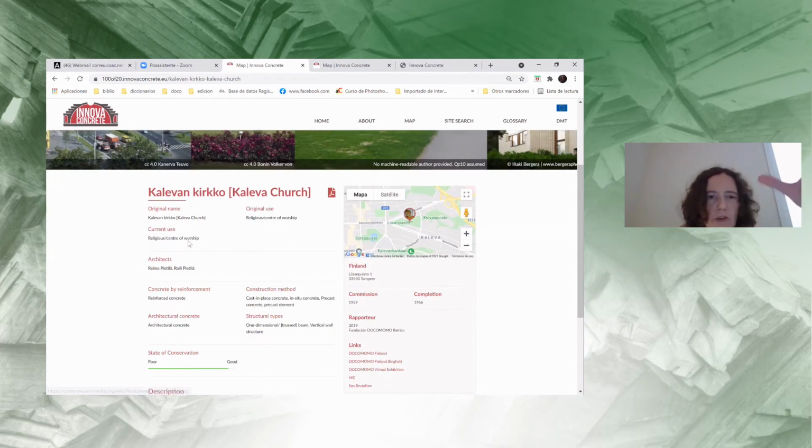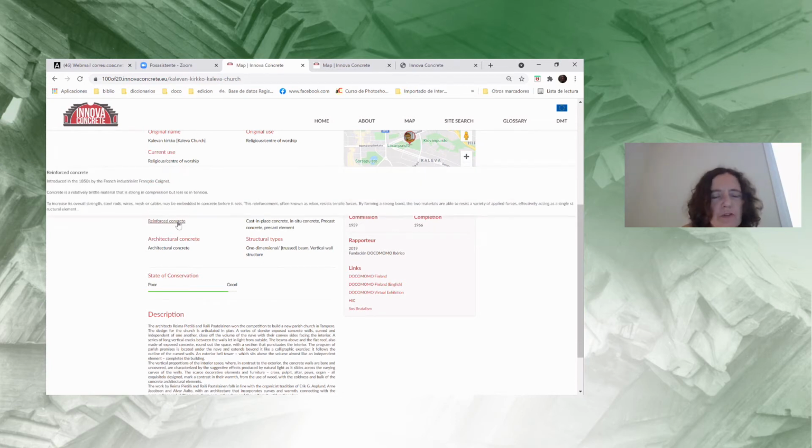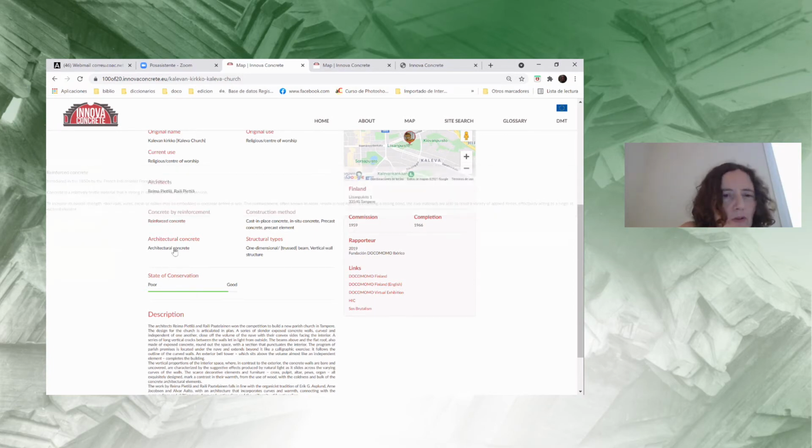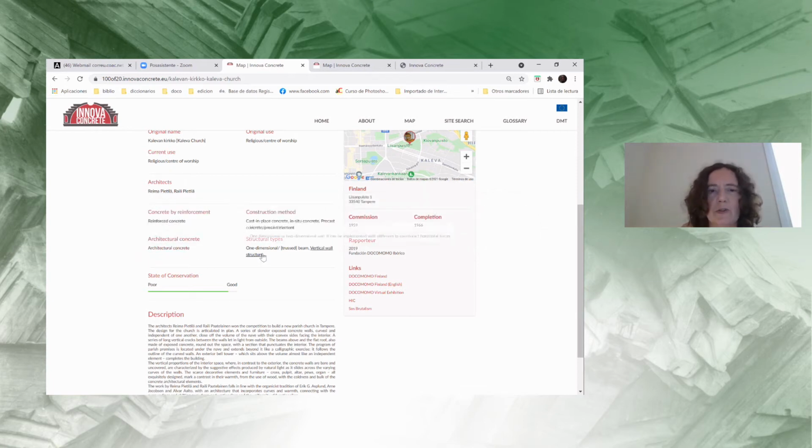And then, once you have all the different information, we described the buildings in a way that it could be understood by everybody. We did a lot of work together with the civil engineer, describing the different types of concrete that was used, how it was used, how it was reinforced, what was the construction method, what were the structural types. And then we also did a description for all of these different types that could be understood by someone who wasn't an expert. So if you click on the different types of concrete, there is this little window that pops up and it explains to you what